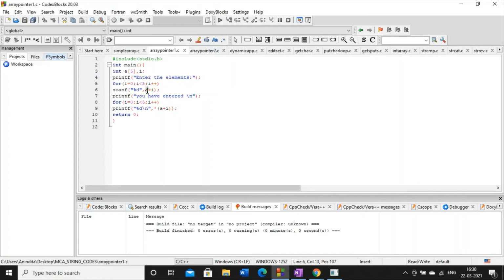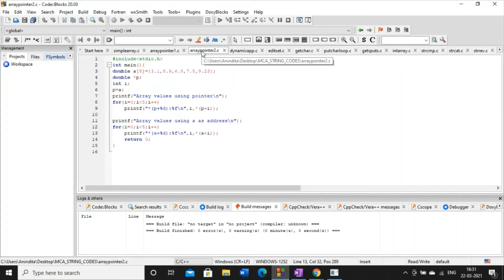I have just used the base address, and then I have shown the concept of base address plus i and value of base address plus i. So here no explicit pointer variable is taken, and here I have taken one explicit pointer variable and assigned the base address into that pointer.